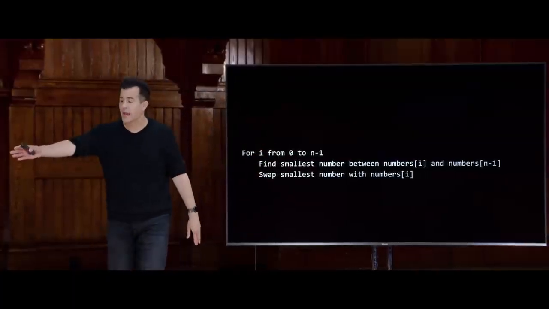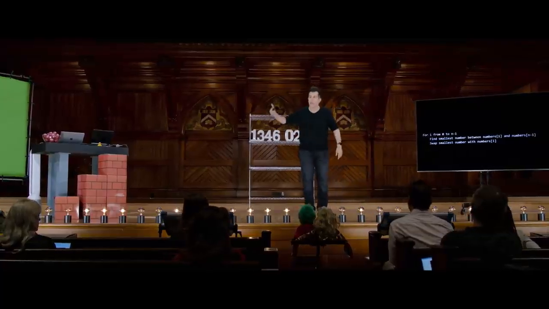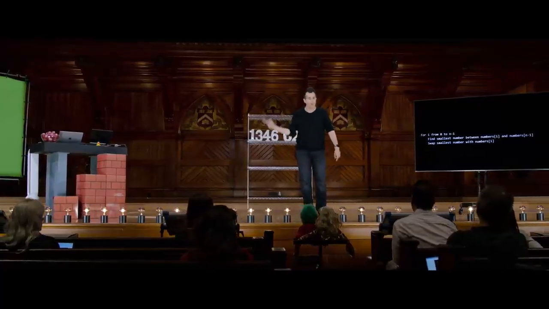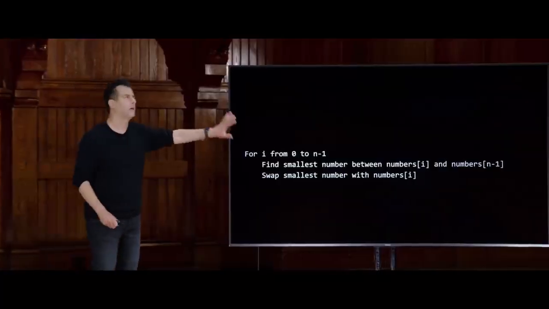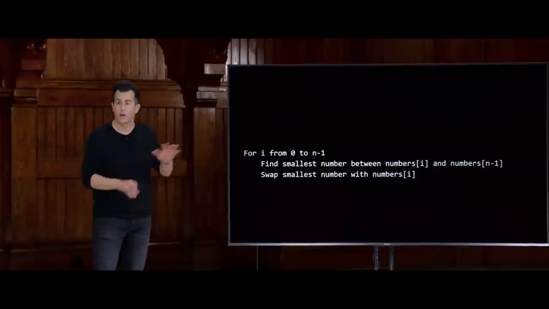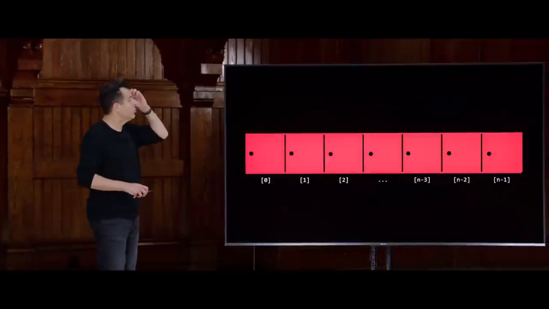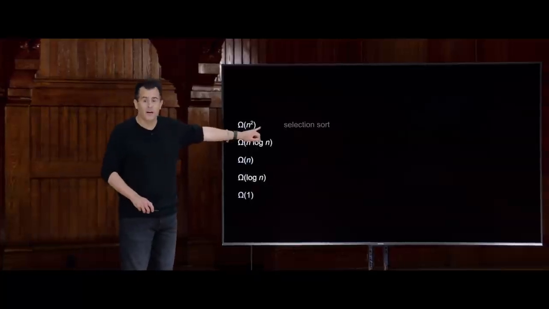So literally, if I had 8 volunteers come up and they sorted themselves in advance, 0 through 7, I would have taken the same number of steps, even though nothing interesting would have been happening, at least according to this source code. We could clearly come up with better source code written in pseudocode to solve that problem better, but at least as written, it does not do any better than that. So we would say that selection sort is in big omega of n squared.